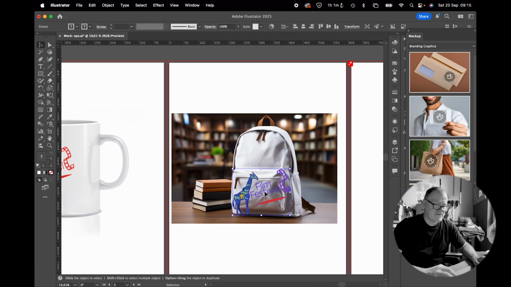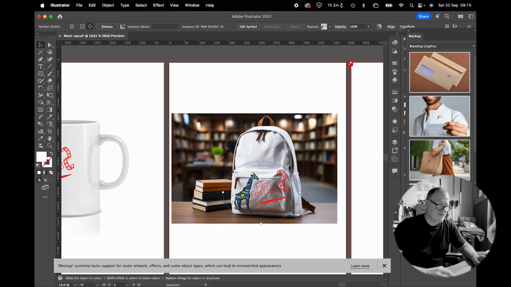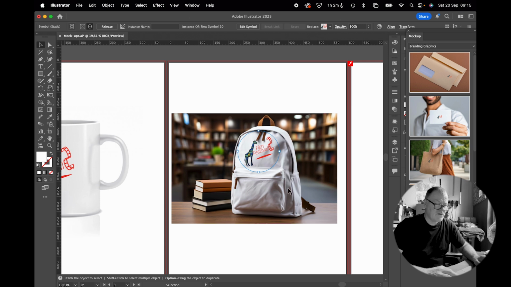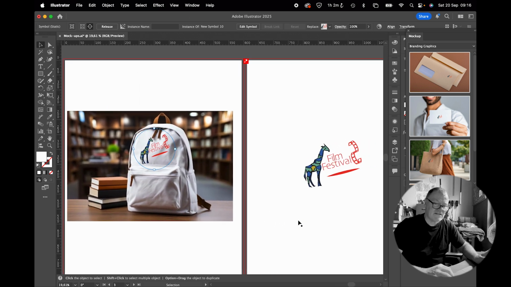So here we have the same logo and this backpack. Okay, and let's make that a bit smaller. And you can see that it nicely wraps onto that backpack. Okay, let's put it there. All right, so that's if you've got an image already and you want to put your vector logo onto it